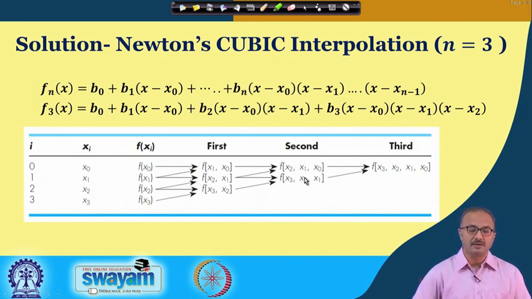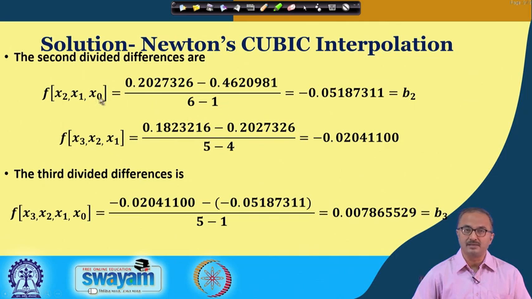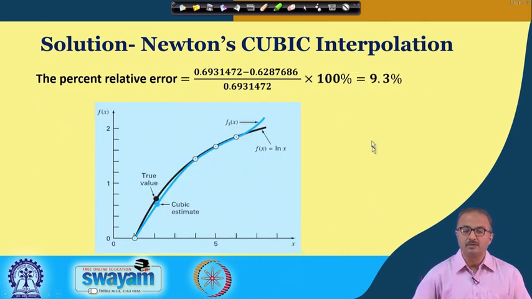Now you can see that after making these, you can again find the divided differences, you can find b1 and so on, as I explained previously. You can find the second divided difference here, then the third divided difference here, and these are the values of b2 and b3. From these differences, you plug in the values directly and you get the value of the function like this. Now what have you got? You have been able to reduce the error to 9%.